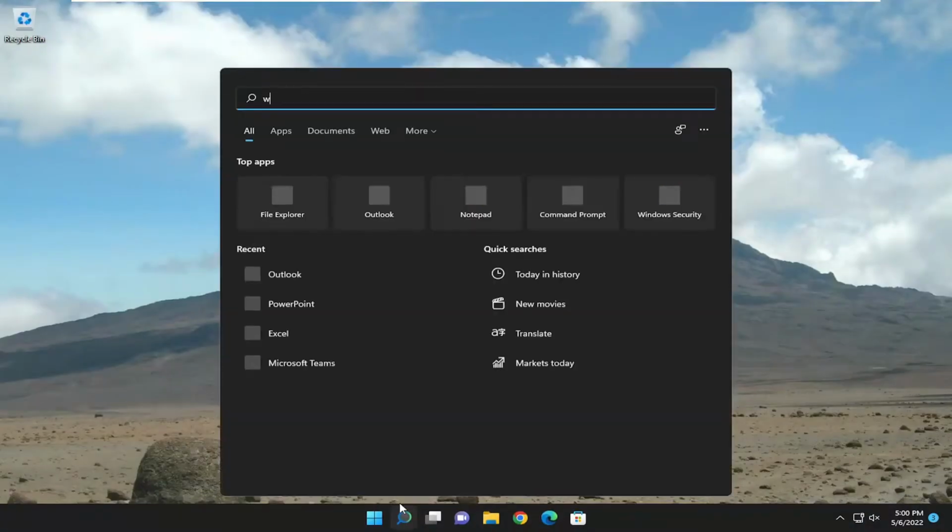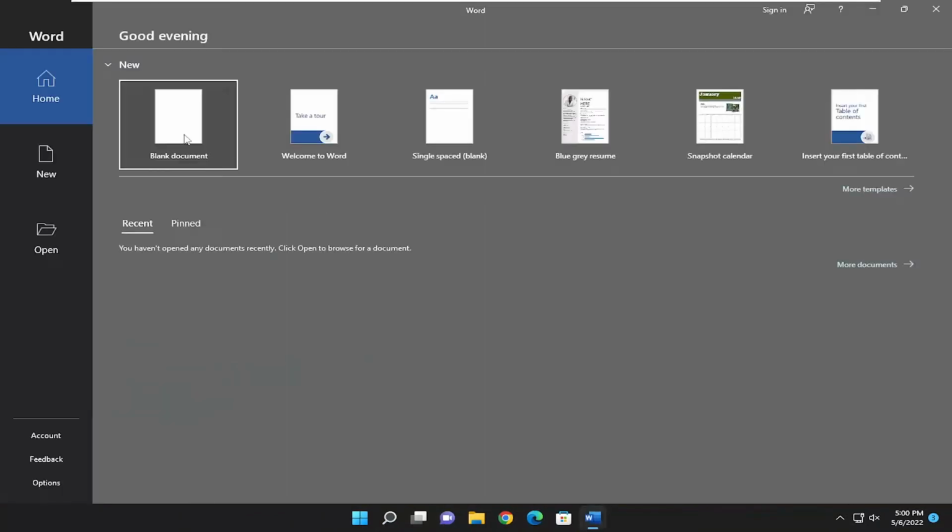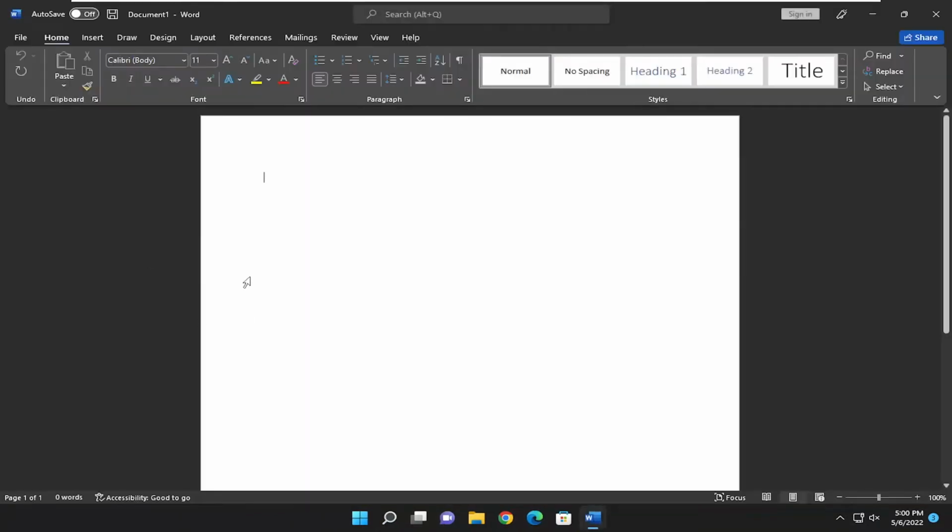And now if we attempt to open up Word, it should still work fine, we've just reset it basically. So pretty straightforward process. I do hope I was able to help you out, and I do look forward to